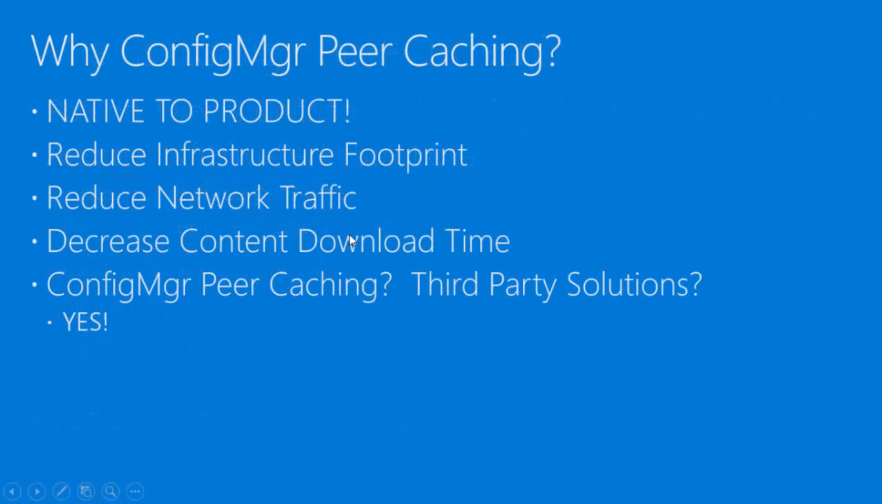Okay, so why ConfigMgr peer caching? Well, just said it. It's native to the product. This is not an extra expense that you have to spend to get this feature. So it's one of those things that I look at and think, why wouldn't we introduce this into a ConfigMgr environment? Does that mean that you might still need to use your third-party solutions to augment around this? Sure, absolutely. There's absolutely no harm, no foul, though, to turning this on,